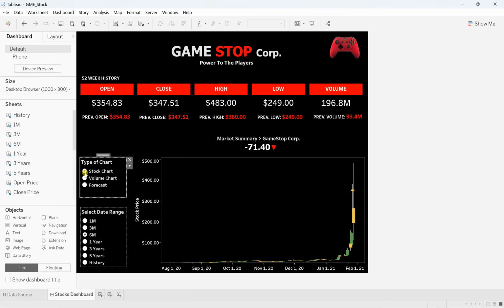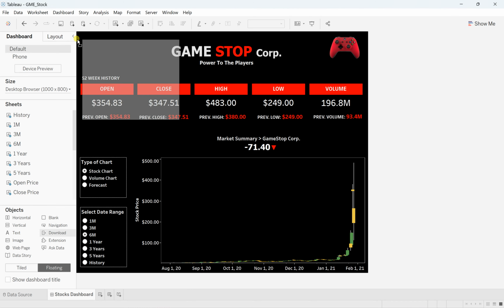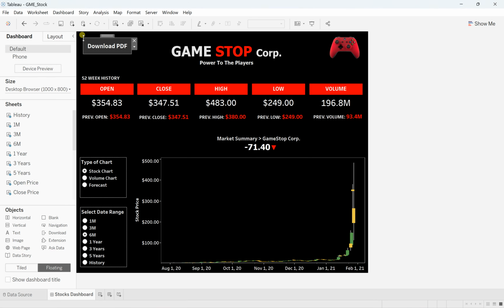For that, you have to go through the objects. Under this object, as you can see, there's a download button, a link. You can create this. So simply I will first select floating, because I don't want to take the whole space out there. Just simply drag this, and I'll put it in one of the corners, whichever you want, but I would love to have it over this place.